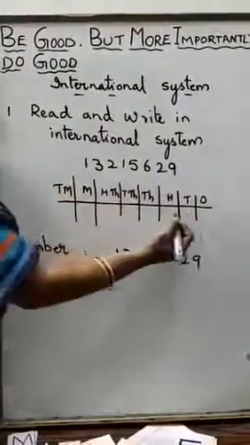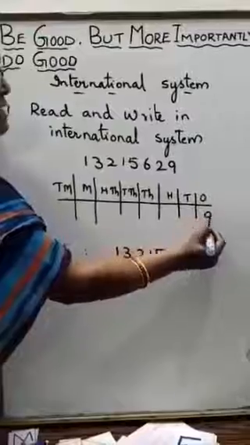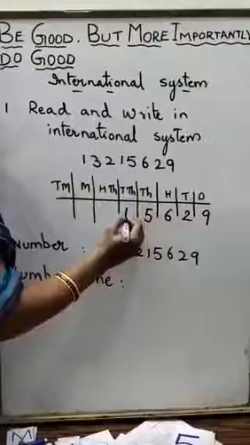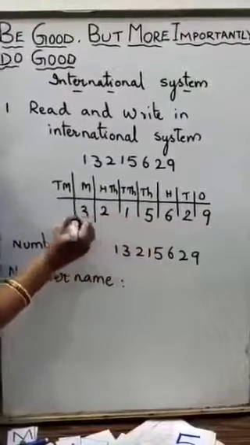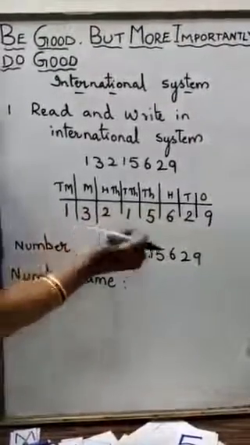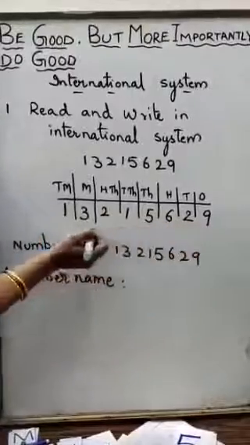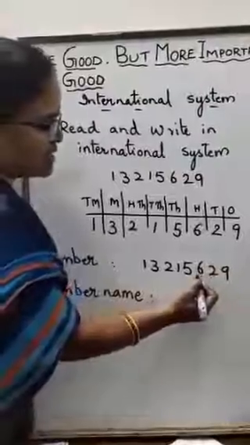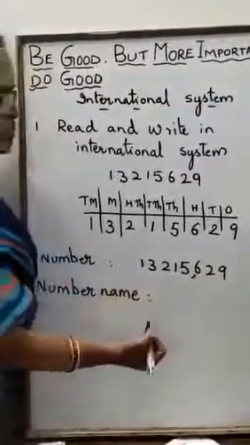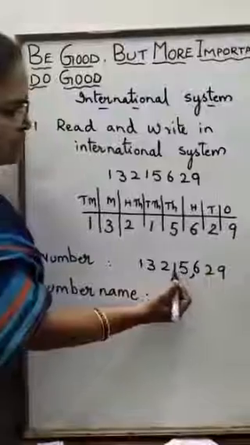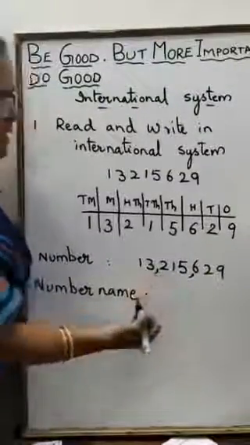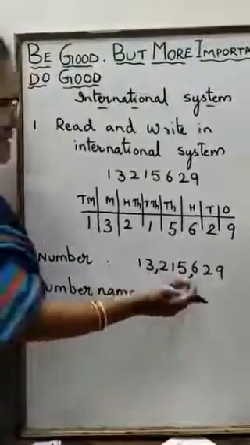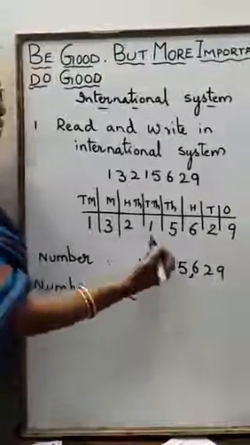Let us first place it in the place value chart. So 1, 9, 2, 6, 5, 1, 2, 3, 1. After that, we need to divide this number according to the periods. The first period is considered as ones, tens, hundreds. So, first period completed. Second period: thousands, ten thousands, hundred thousands, second period completed. Third period: millions and ten millions. So, this is a comma we have placed according to the periods.